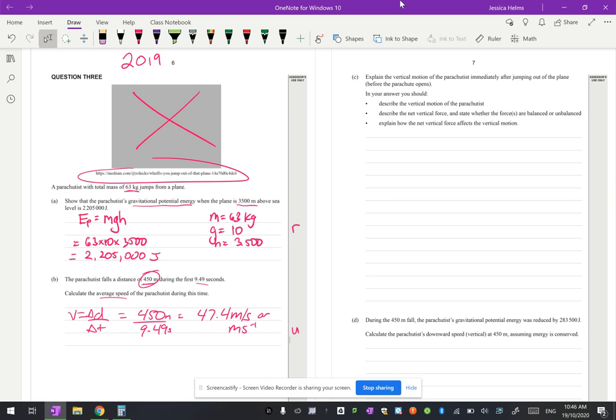Okay, part C, explain the vertical motion of the parachutist immediately after they jump out of the plane before the parachute opens. And in your answer, you should be able to describe the vertical motion of the parachutist, the net vertical force, state whether or not the forces are balanced or unbalanced, and explain how net vertical force affects vertical motion. Okay. So this is the part where they've just jumped out, they haven't opened their parachute yet, so